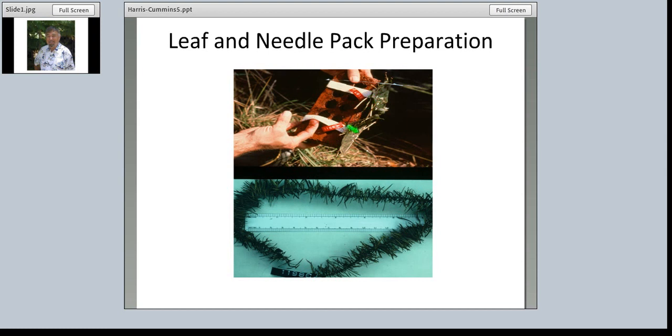You can do this with either broadleaves, or you can do this with needles. Here some are strung on a monofilament. And so that gives you a measure in the field, a simple bioassay measure in the field of the rate at which the litter is disappearing. And also, you can, of course, collect the shredders that are accumulating on there and actually feeding on them.